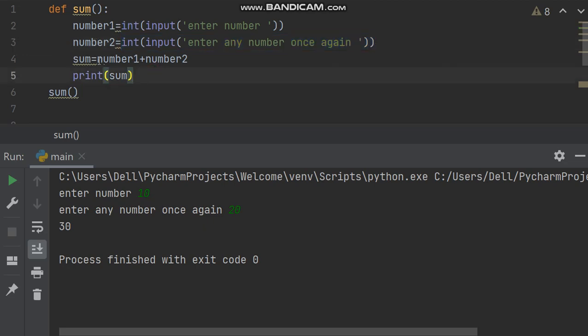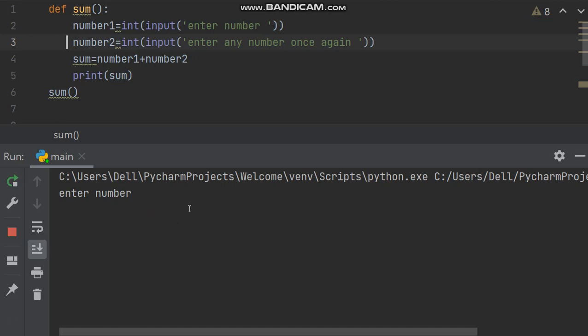And now sum equal to number 1 plus number 2, and now print sum. If you call the function, this program will start executing from line number 6. Sum will be called, then it will enter the body of the function, and here you can see indentation means all these are inside the function, all these are inside the function.